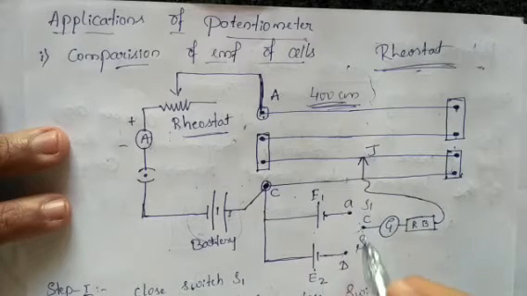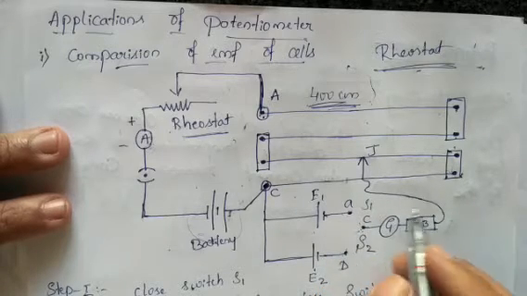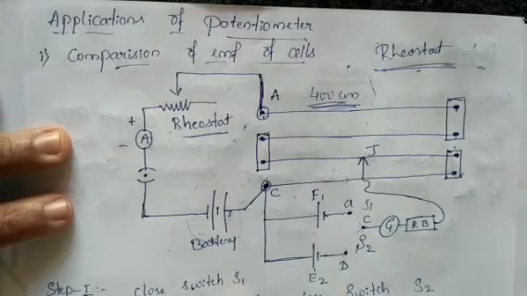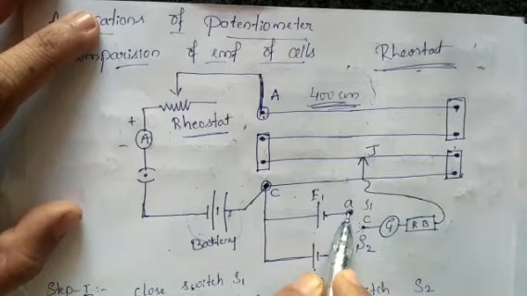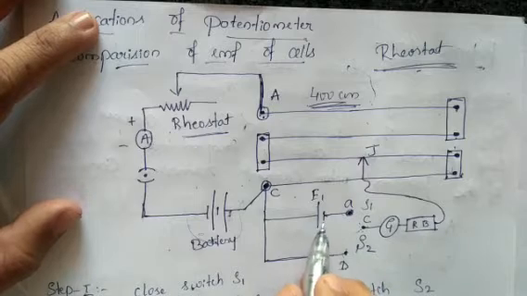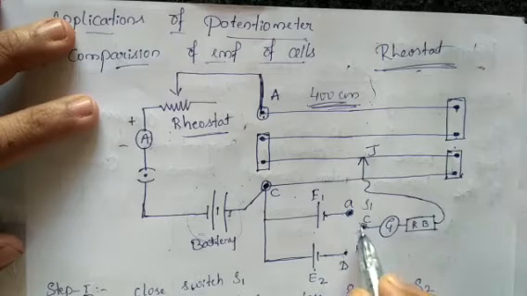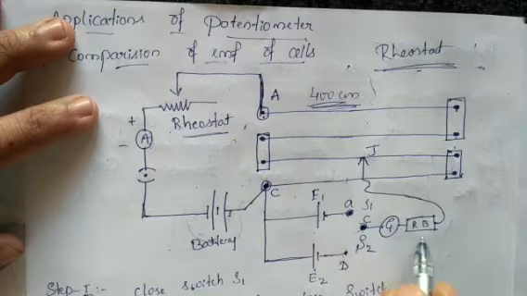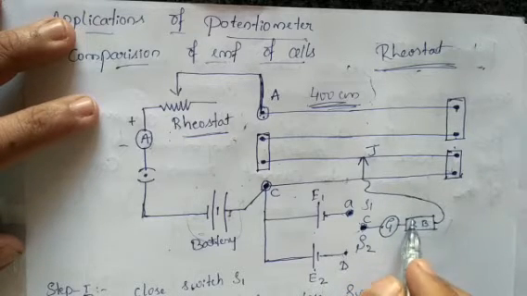So the first switch and the second switch, what we observe, that's the reason it has two keys. That is the reason we call this a two-way key. Now, the extreme upper end of this two-way key is connected to the negative terminal of the first cell, and at the middle part of this two-way key, one terminal is connected to one end of a galvanometer, whereas the other end of the galvanometer is connected to one of the resistance boxes.